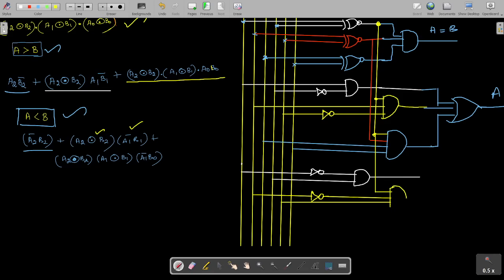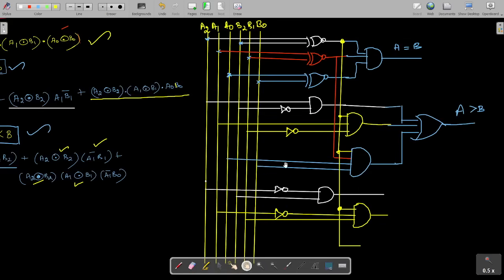It can be combined using an AND gate. So it is over now. The second term is over. Then we go for the third term. In the third term, A2 equivalence B2 and then A1 equivalence B1. Both should be there. This yellow color term, we know that it is A2 equivalence B2. So I take the connection from here. Then A1 equivalence B1, because it is coming from this red color line.